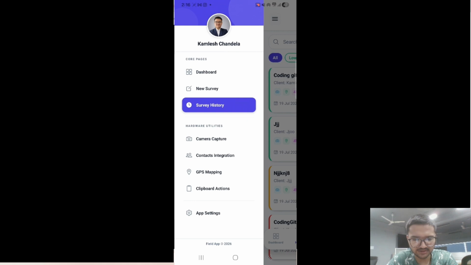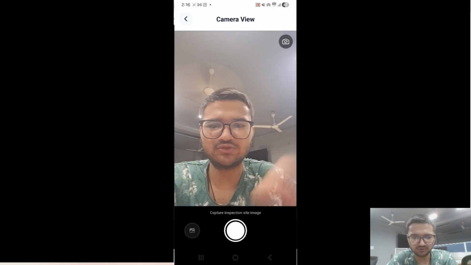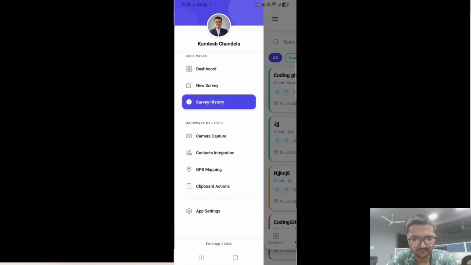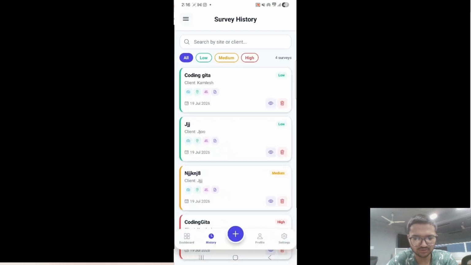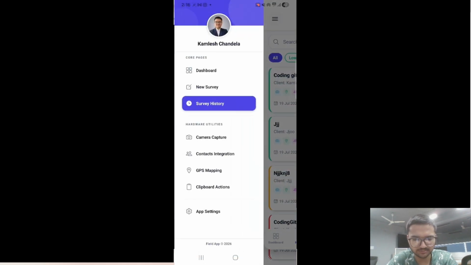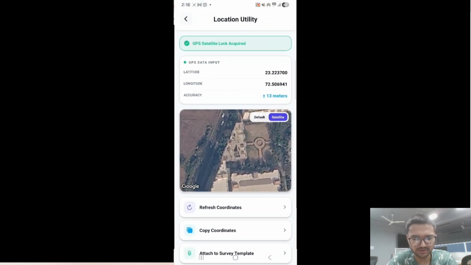Camera capture is used to directly capture your image and store it. Contact details come from your local mobile storage, and all contacts are fetched in this page and used to attach any contact number. GPS is for adding your current location.